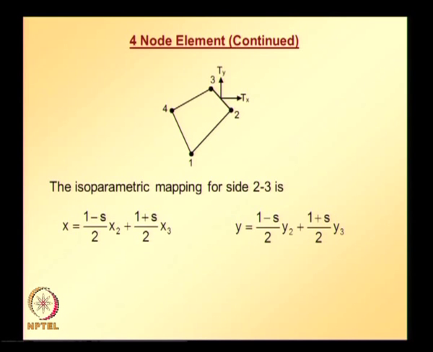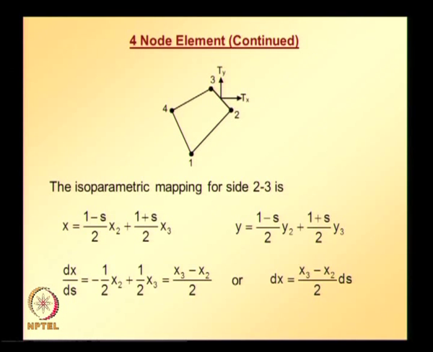So, this is how x and y are related to s, the local coordinate system of the parent element. Once we have this information for x and y, we can easily take the partial derivative of x with respect to s, and the partial derivative of y with respect to s. This is the partial derivative of x with respect to s, which can be rearranged as shown there,